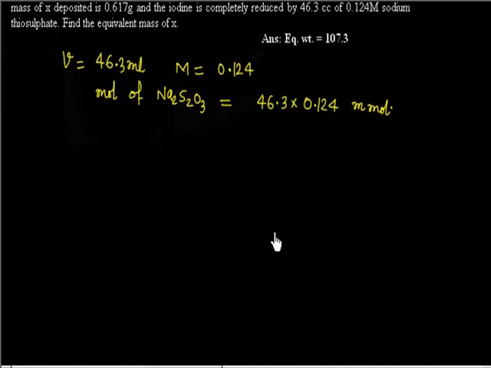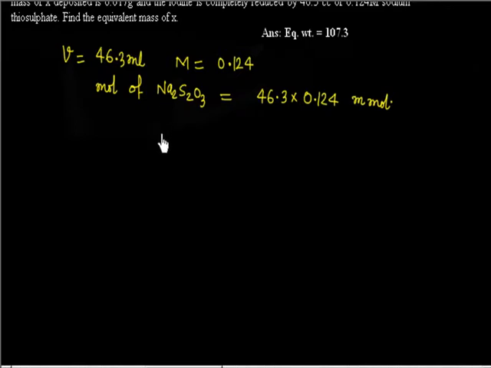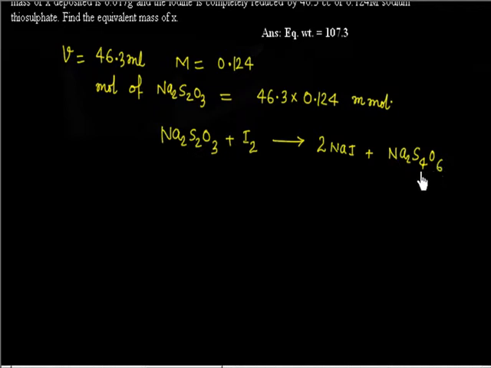Now calculate the mole of I2. So if you remember the reaction of titration, Na2S2O3 reacts with I2 and then this forms 2NaI plus Na2S4O6. This reaction you have to remember. Are you getting or not? So many times in the titration chapter we said, on this side you have to multiply it by 2 also. You see, mole of Na2S2O3 is 2 times mole of iodine. So now I can say mole of I2.